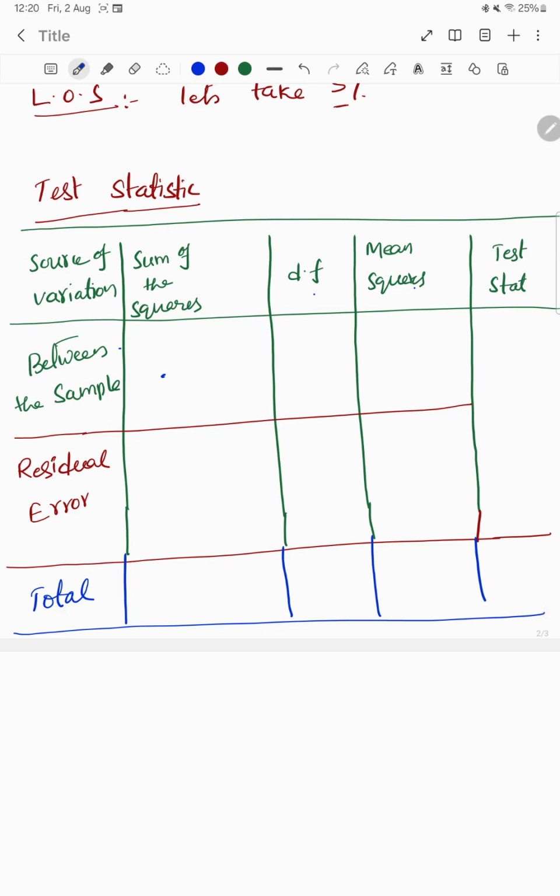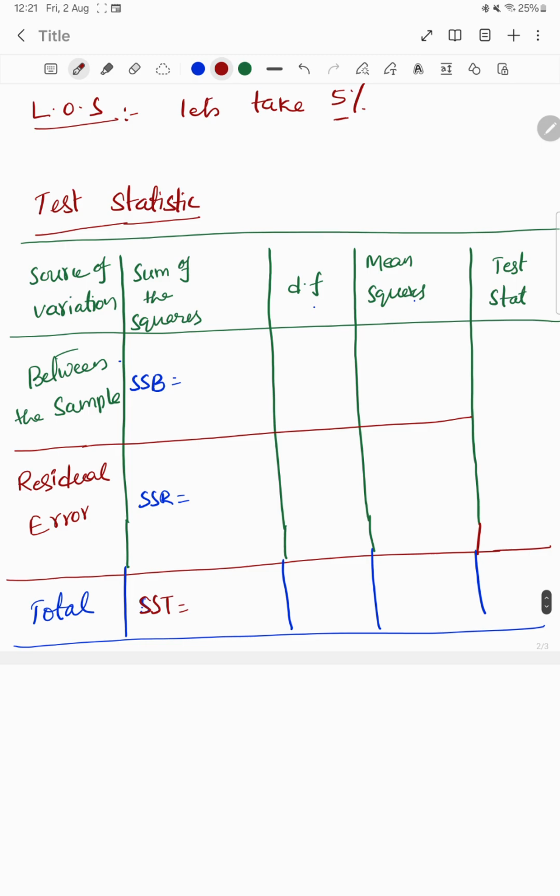Now coming to the first box, if you observe this box is relating to sum of the squares between the samples. So we can say that this box is coming under SSB. SSB means sum of the squares between the samples, and this will be sum of the squares of residual error, so it is SSR. And coming to this sum of the squares of total, so it is SST. Okay. Now coming to degrees of freedom. So in the degrees of freedom between the samples, we need to write: how many samples are there? 3 samples. So between the samples, it will become